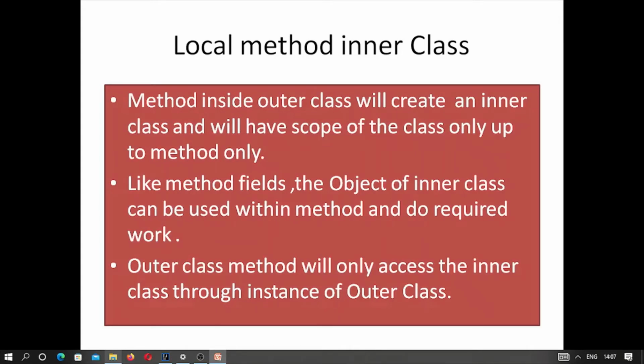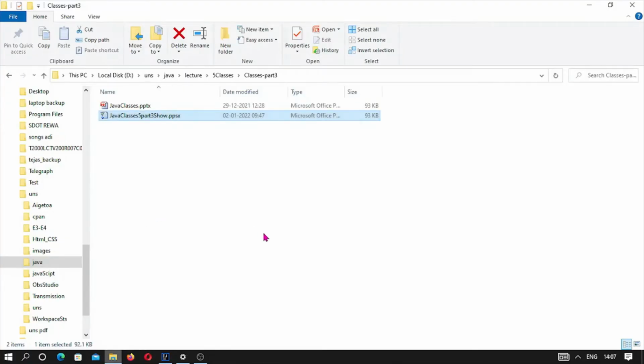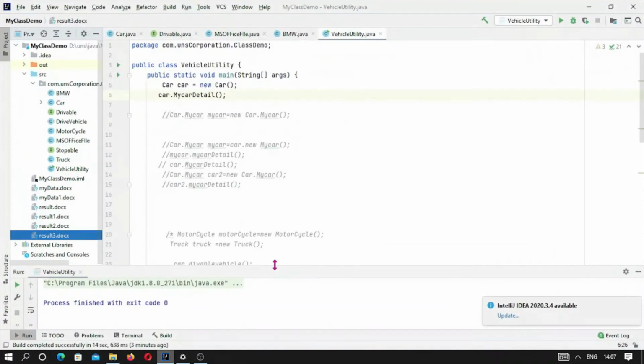This is another way of simply doing all the things by creating a method, and inside the method we are creating an inner class, and that inner class will call all the required classes, and we will only call the method. Okay, so we already did the same thing, but this is a type of class.